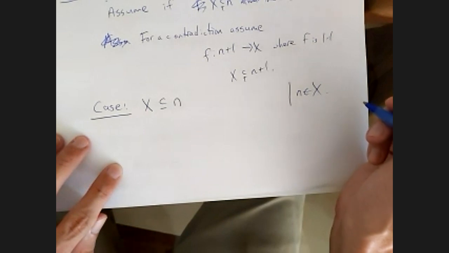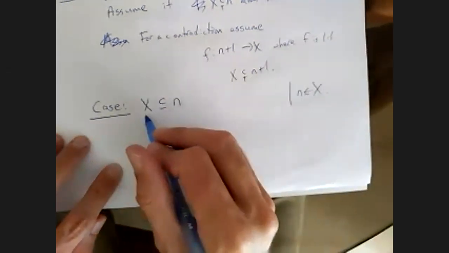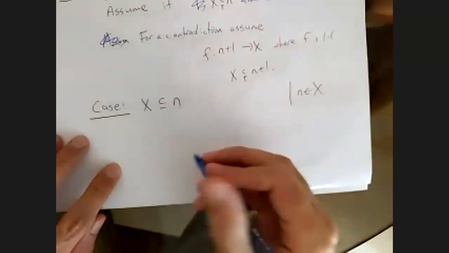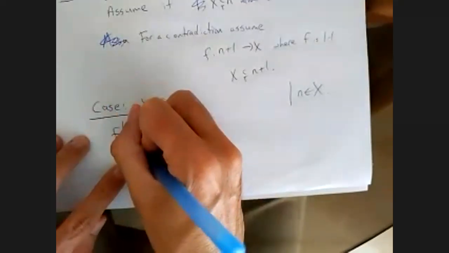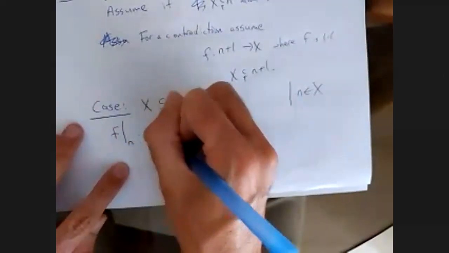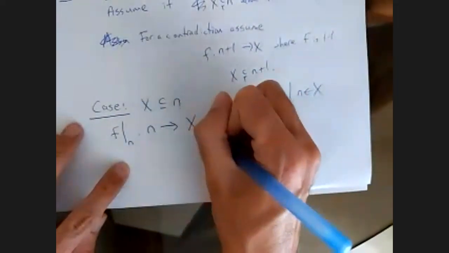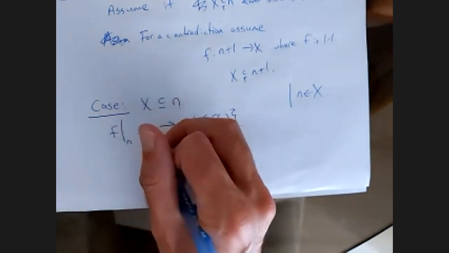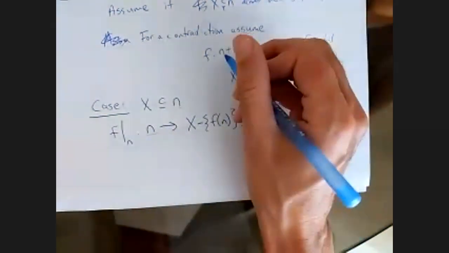Okay, that's the other possibility. Anyways, if X is a subset of N, then we can just look at the restriction to N, and that goes from N to X, but without F of N. So if we restrict f to n, so remember